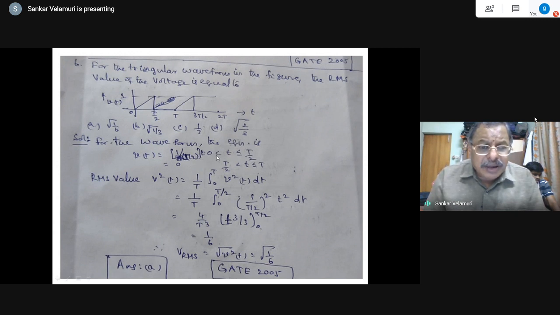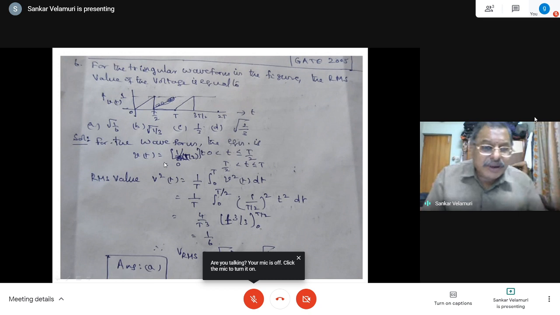For 0 less than t less than or equal to T by 2. So writing the waveform equation is also equally important. And its value is equal to 0 for T by 2 to T, that is written as T by 2 less than t less than or equal to T. These equations are written in normal fashion for this particular waveform. The equation for the waveform is also called the wave equation, but the wave equation is something else when you study power system solutions.